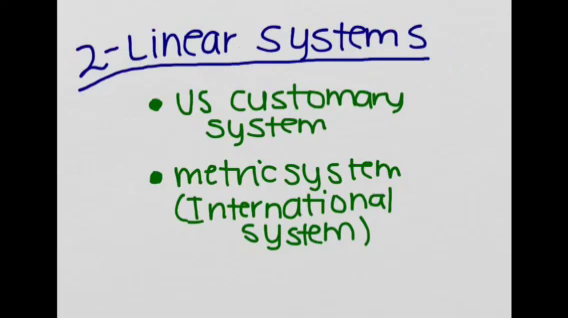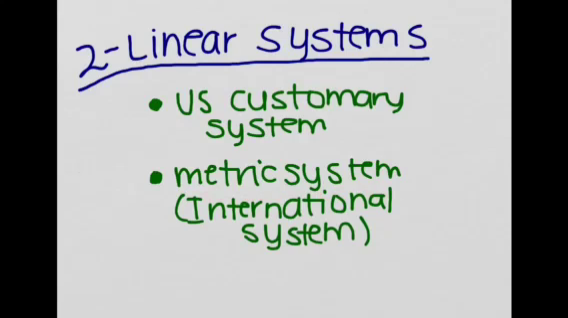Now let's talk about linear systems. There are two main linear systems. One is the U.S. customary system, and the other one is the metric system, which is also known as the international system. Now, this metric system, I believe, is used in a majority of the countries. There's only a very handful, like 2 or 3 countries, that do not use the metric system. So that's why for science and other subjects that require international communication, because scientists communicate from different countries, they use